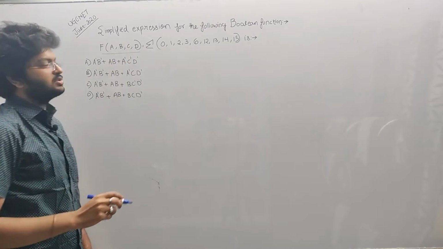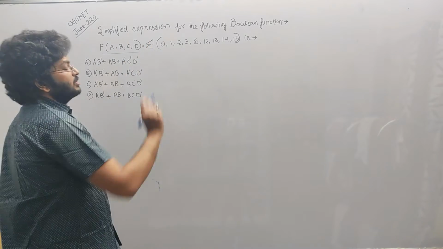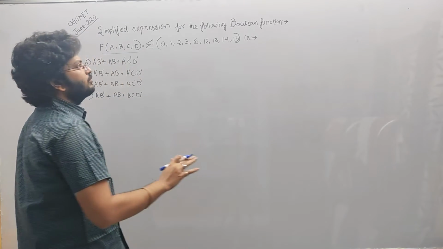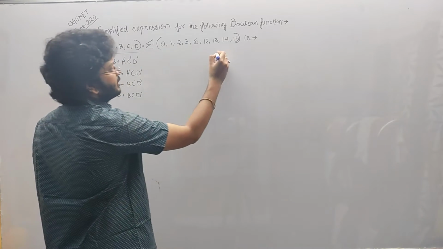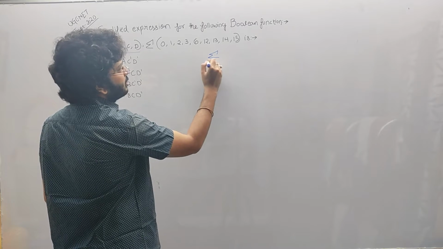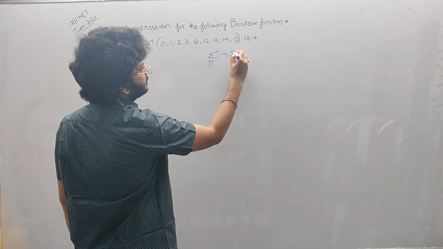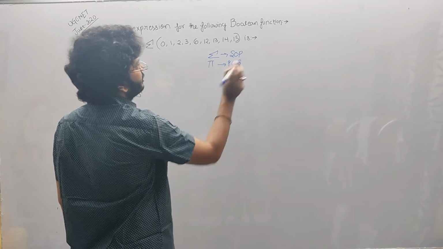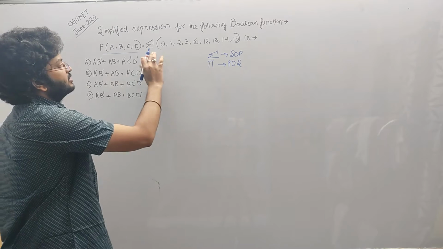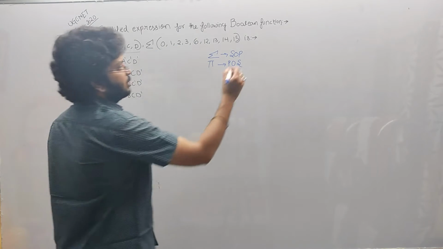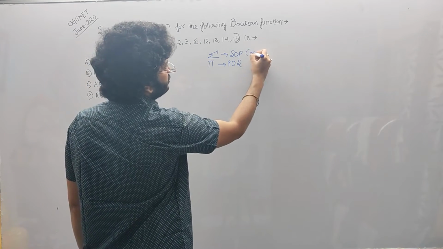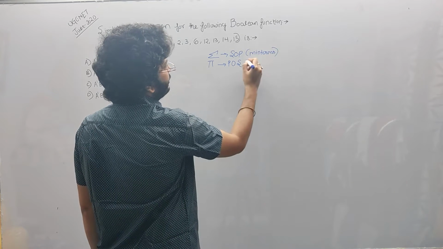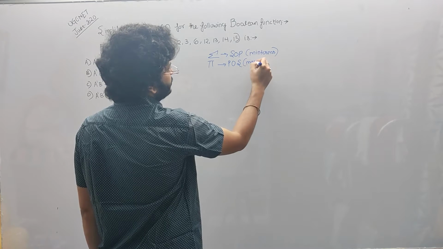It is of 4 variables, A, B, C and D, and summation means it is in the form of sum of product. So basically in case of Boolean algebra, the expression for solving can be either in summation form or in pi form. The summation is the sum of product expression, SOP expression, and the pi form is the product of sum expression. Now they have given these values of min terms. In case of sum of product, we basically use the concept of min terms, and in case of POS, we basically use the concept of max terms.